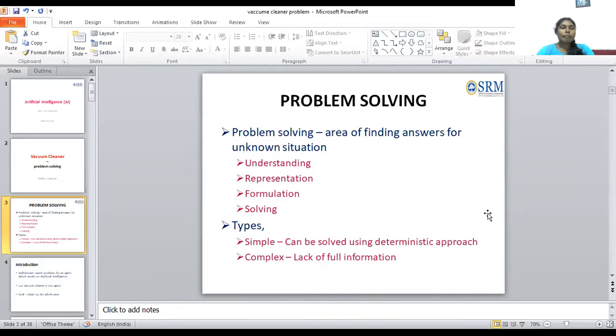And the problem might be either a simple problem, in the sense that we can analyze the situation correctly and we know exactly what the next solution might be. Whereas a complex problem is something like a real world problem where we don't know the exact solution for the conditions. The information is lacking, and the real world information is not predictable. In that case, we say that the problem is a complex problem.